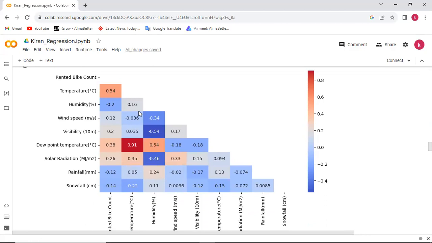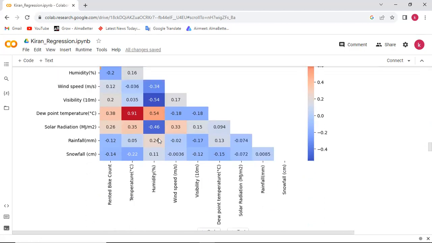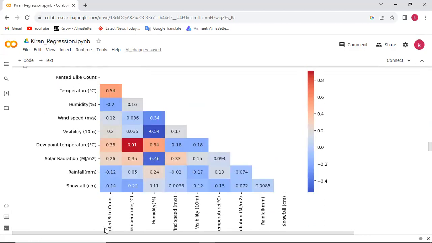From this correlation heat map, we can observe that for our rented bike count, which is our target variable, the highest correlation is found with temperature, followed by dew point temperature, then solar radiation, and then visibility.